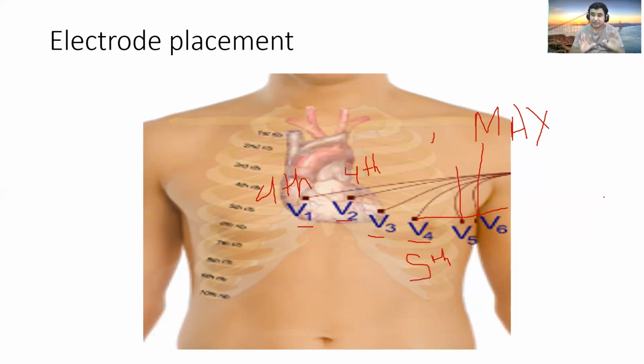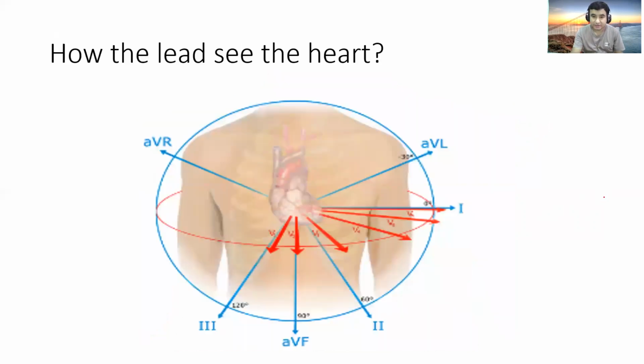So what is the difference between these two types of electrode systems is that your limb leads, like 1, 2, 3 and AVR, AVL, AVF, which are the augmented leads, look at the heart from left to right. This makes a hexagonal system. Like your lead 1 looks at the heart from this direction, lead 2 from this direction, AVF from this direction, like that. They make a hexagonal system over here.